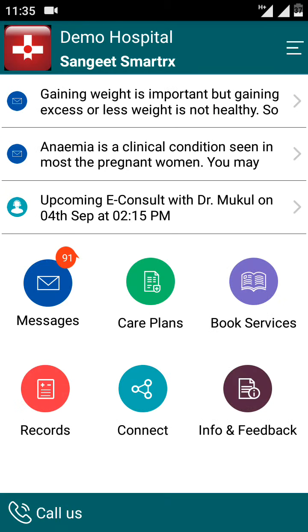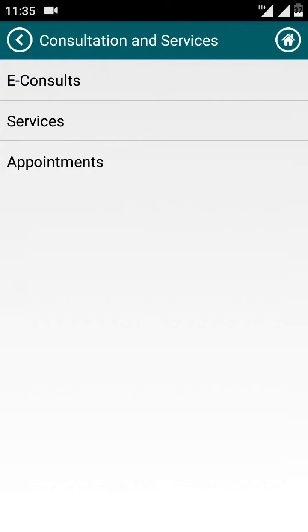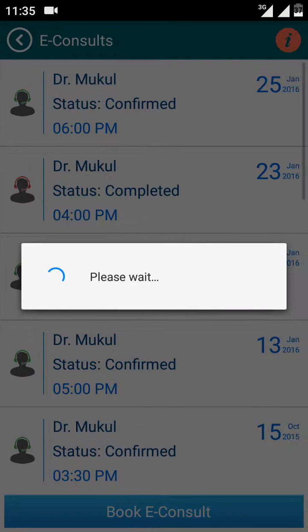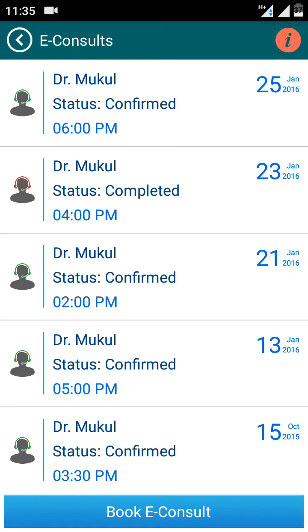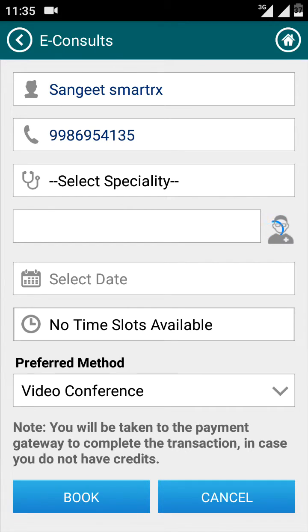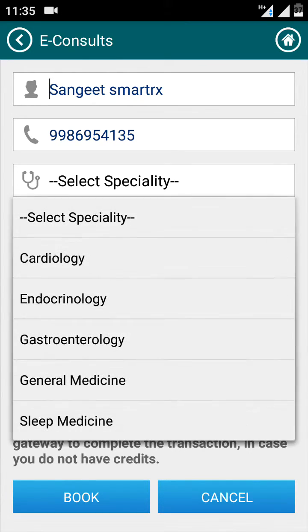Let's move on to services now. As I told you, we also focus on e-consult services, so all of this comes under the book services feature. Let's go one by one. Let's initially go through e-consult. This e-consult is where a patient can do a virtual online consultation with a doctor. How it works is you can just click on book e-consult. You can select the specialty, select the doctor,